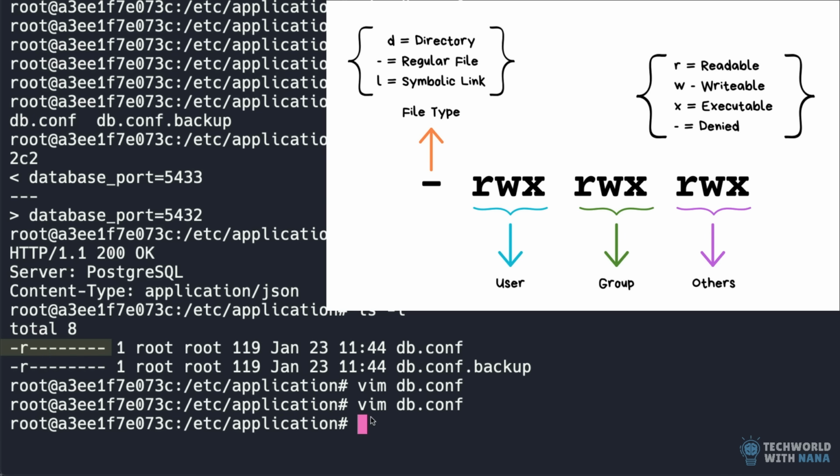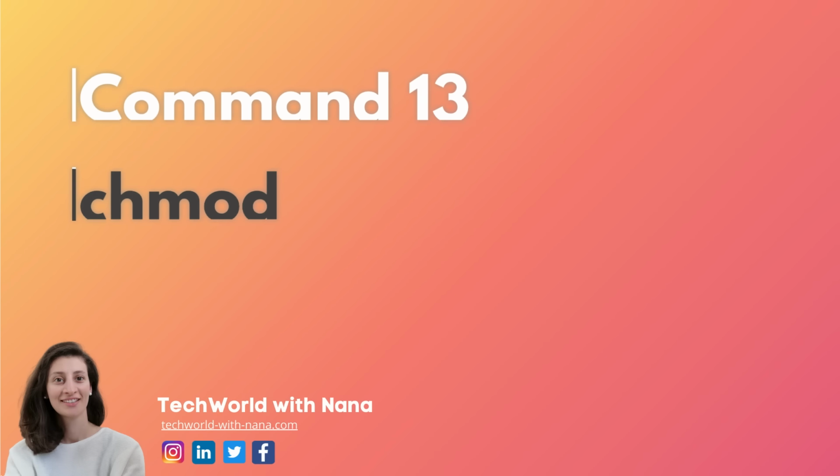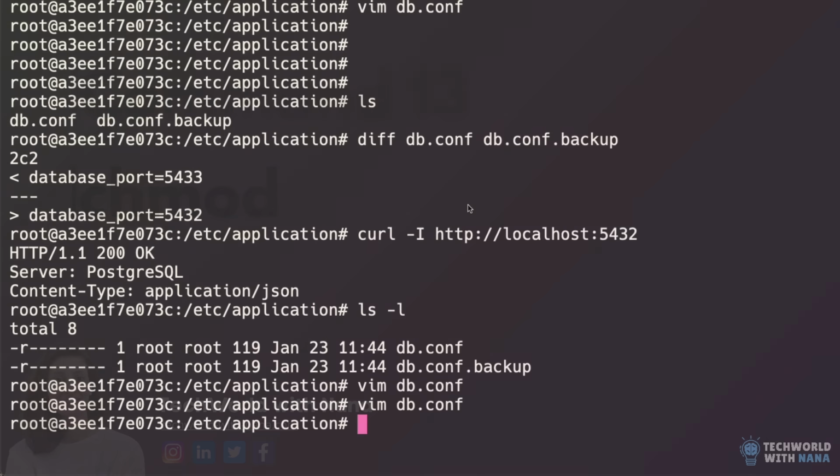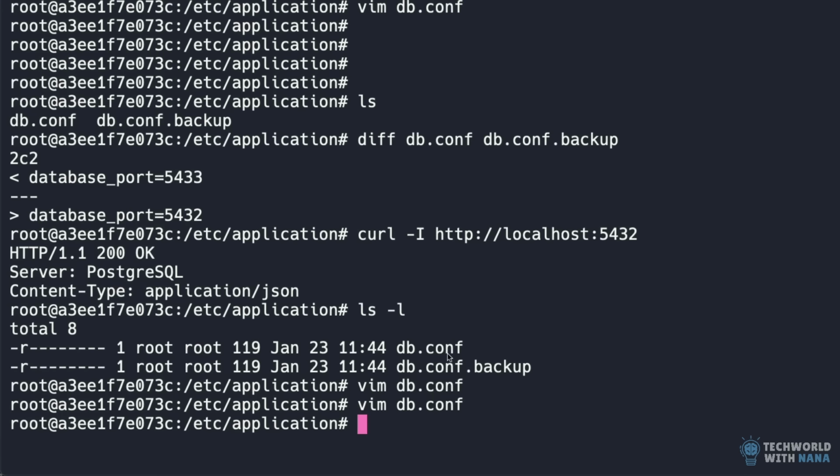So what we're going to do is for our root user, we're going to change the permission of this file. And in production, let's say this config file was locked so that a program or a user doesn't accidentally overwrite the configuration. It's set to read-only mode. So we can only read the file, which we can do by cat, just display the contents. But in this case, we want to modify it. So what can we do? Well, we can add the write permission for the root user to this file to make root user able to